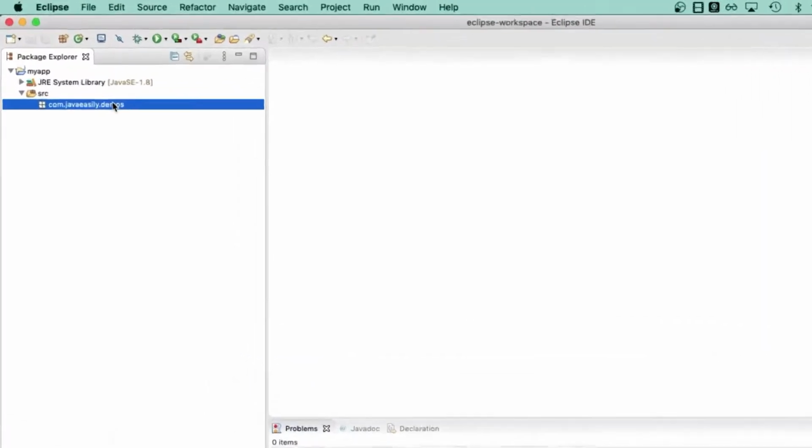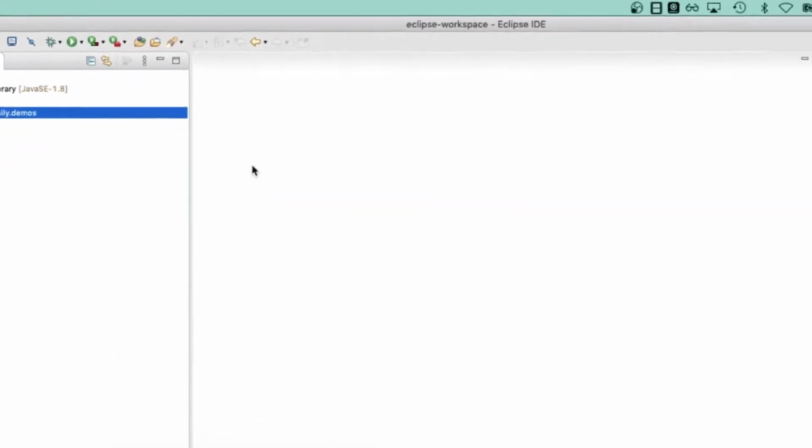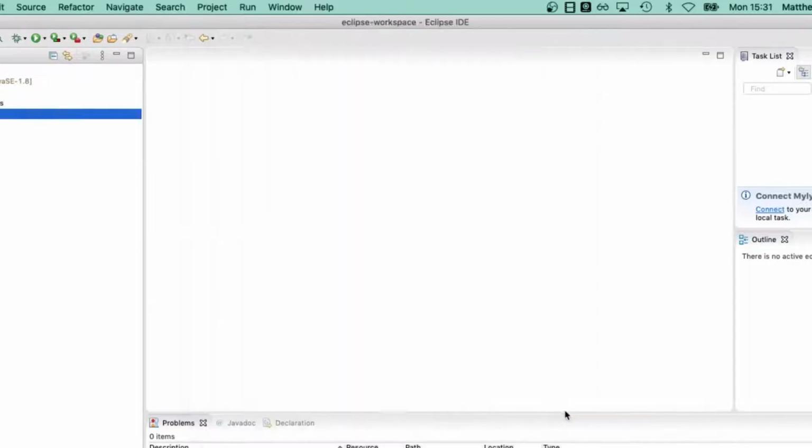So now if I just right click in here, I can create the class. I go to new class, and we can see it's going to create it in the source folder, in this package that we've just created. Now I just have to give the name of the class, so I'll call it myApp. There are some extra options here which we don't really care about, apart from this one: if we tick this, it's also going to create that standard main method, which we said before kicks off the Java program. So we'll do that and click finish.